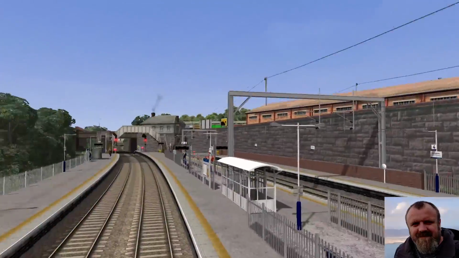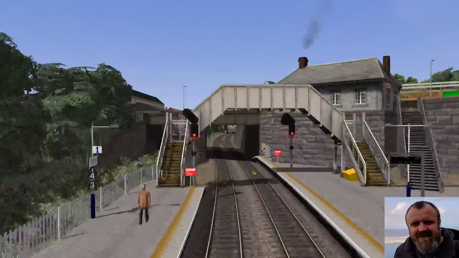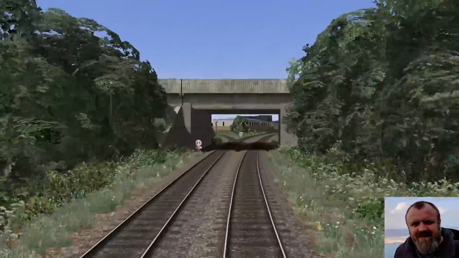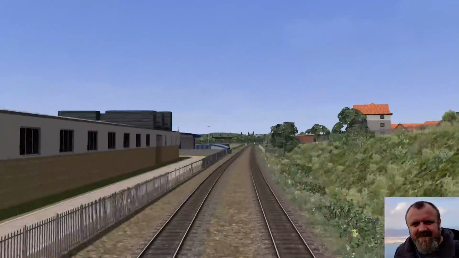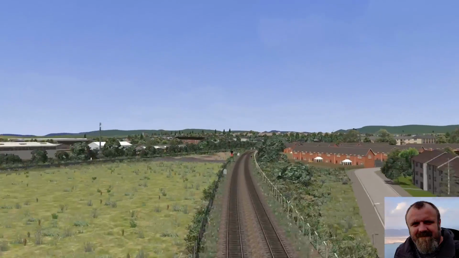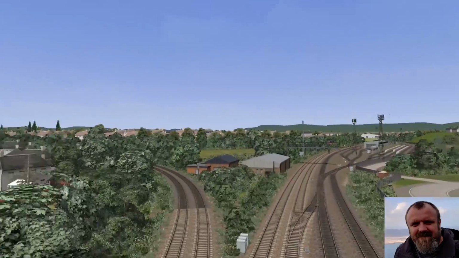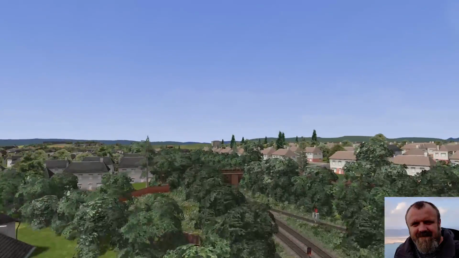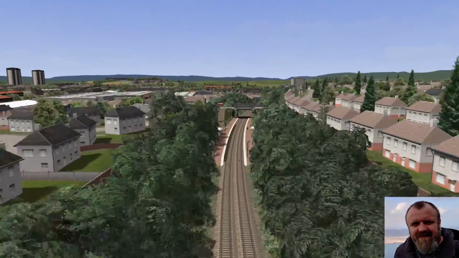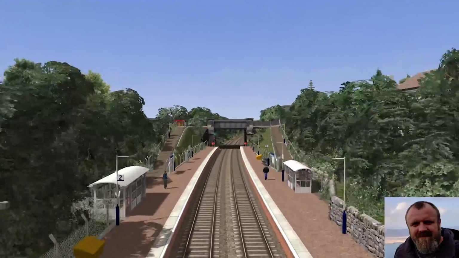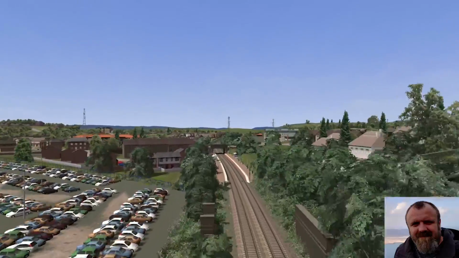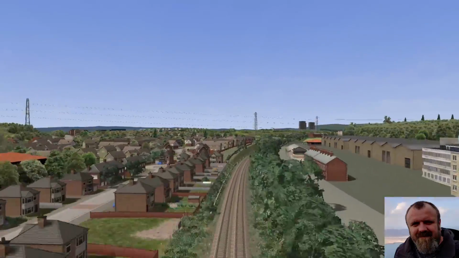So the line ends in Springburn here, but we continue it through towards Cowlairs and Eastfield Depot. And this is all still phase 3. This was done in phase 3. So it goes from here down the Maryhill line now, which is used by local trains and also the West Highland line. That's Ashfield Station. And coming towards here, this is Possil Park.